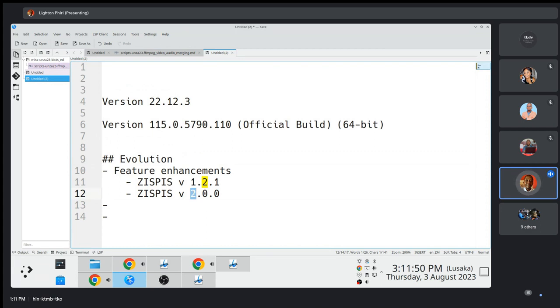In some instances, it's the middle number that has moved. Let's say this is version 1.0.0, and then you move to version 1.1.0. Maybe this could be a security fix. So the other way software evolves is if there's a security bug.